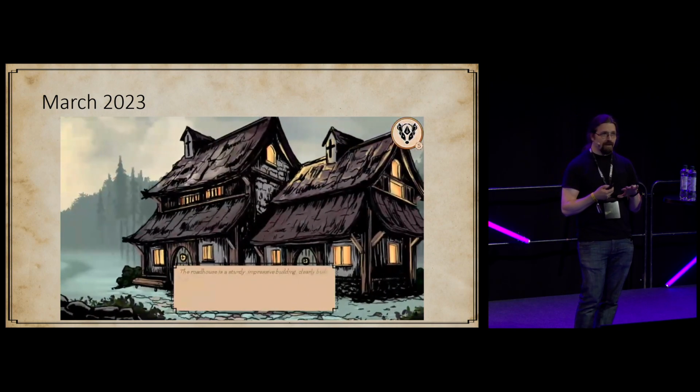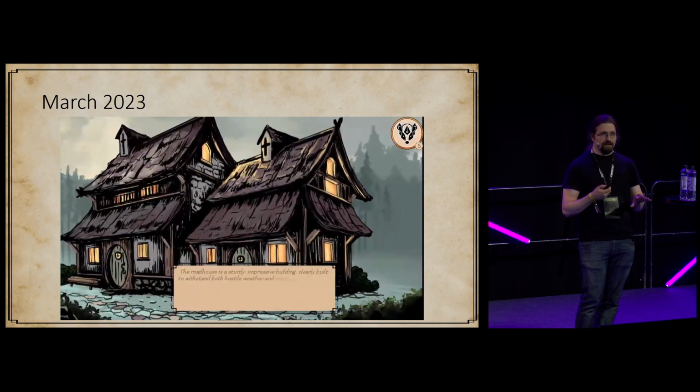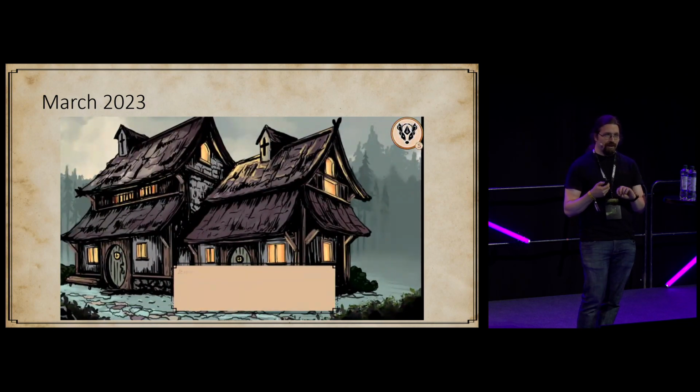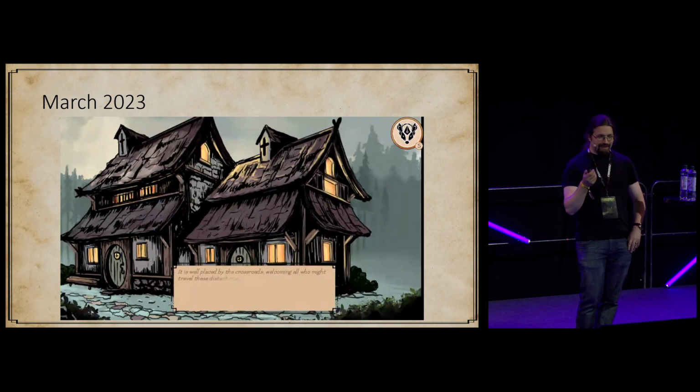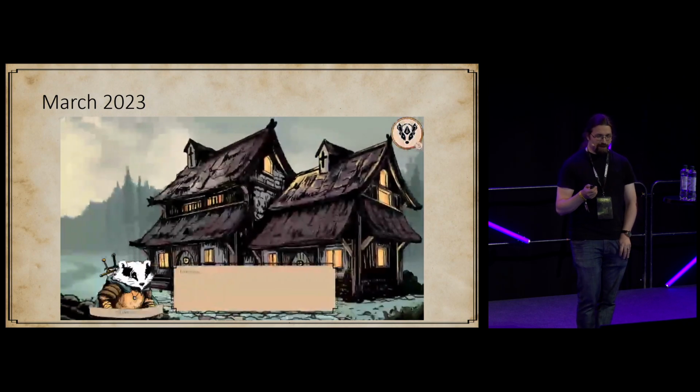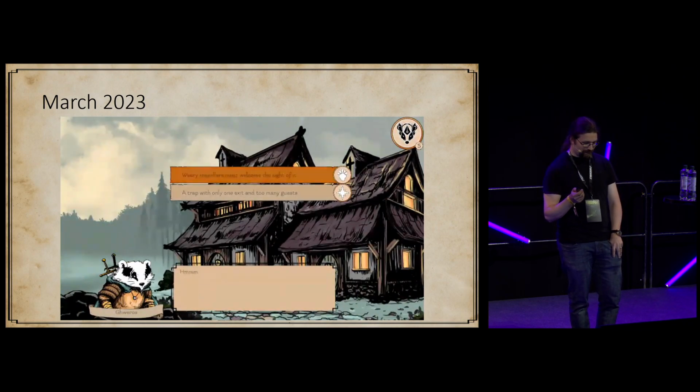This was all, basically the entire story, 50,000 words or so, was written before almost any of the action stuff was done, which you will see is going to be a little bit of a problem eventually. What you can see here is actually one of the core mechanics of the game.